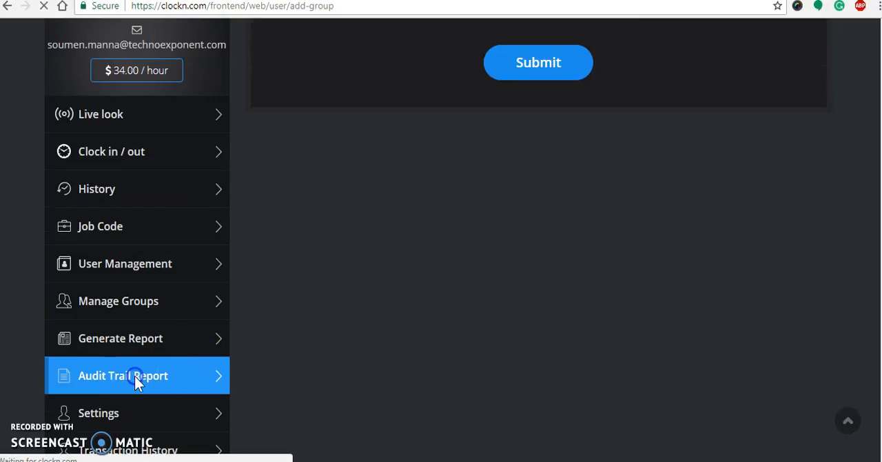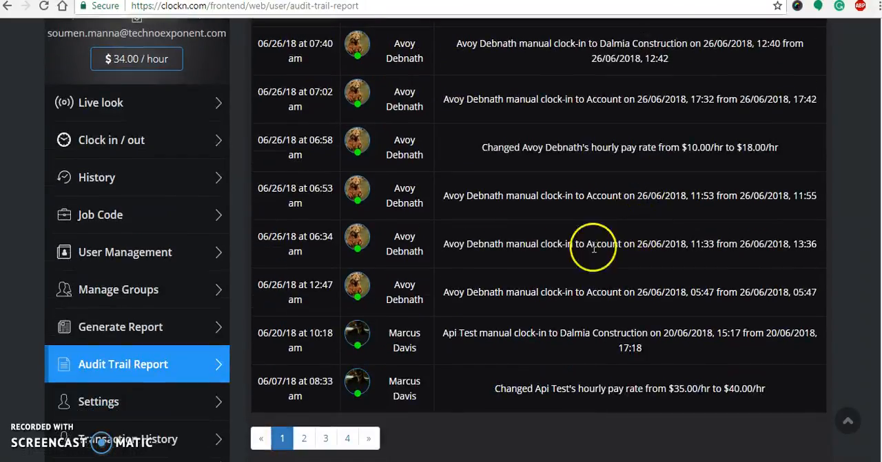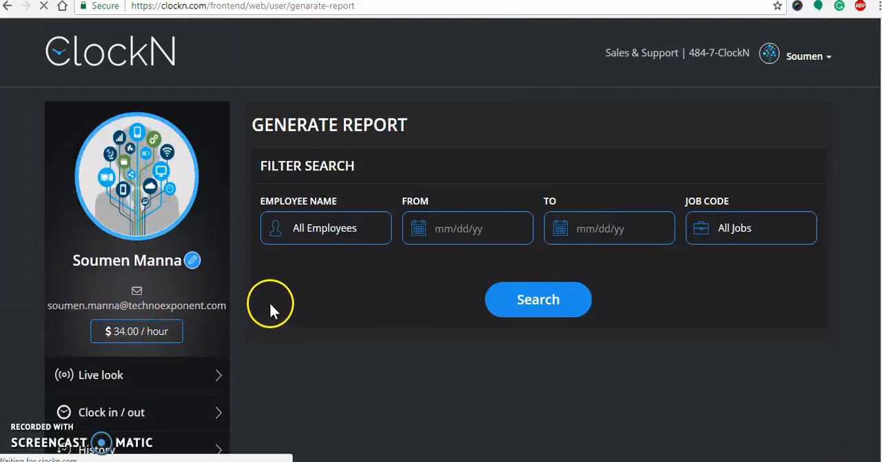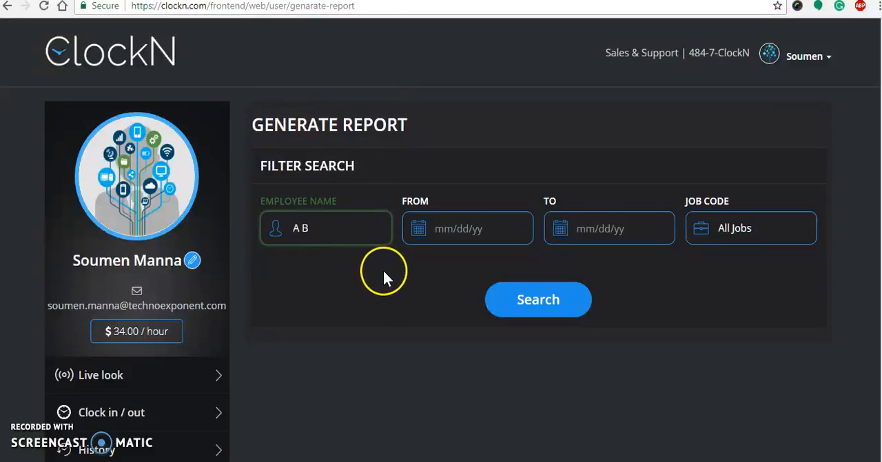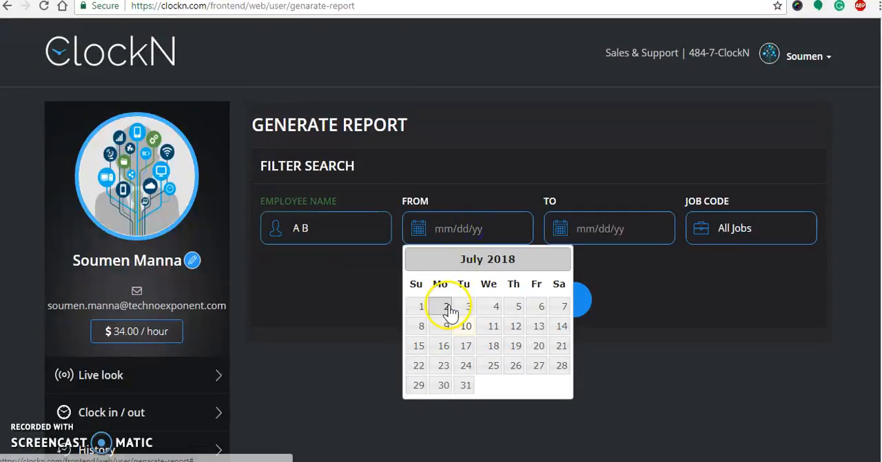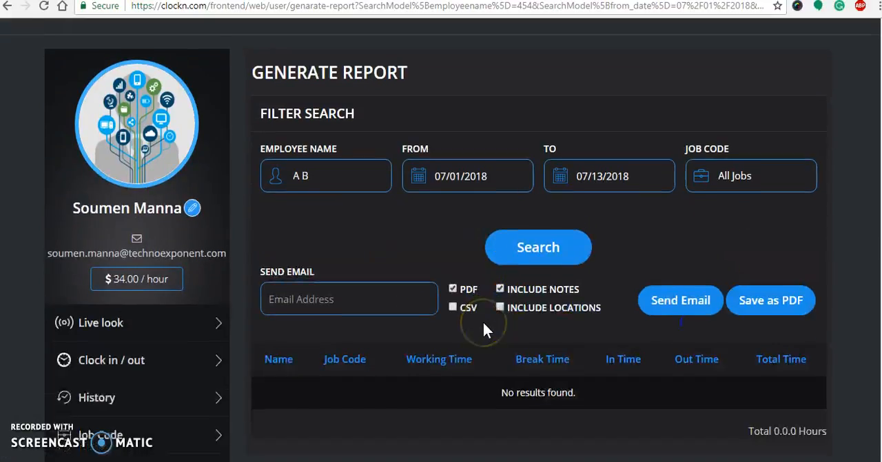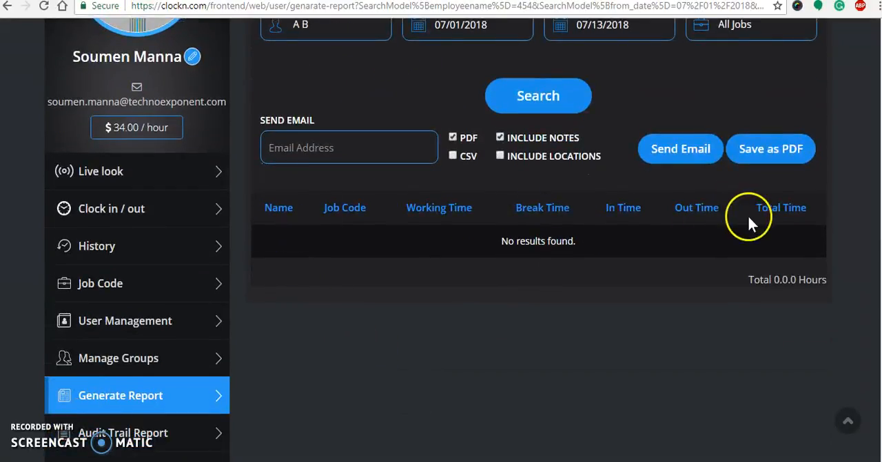Next is the audit trail report section, where the date, user, and the action are given. And this is the generate report option, where all the employees list is given. The user has to select an employee, select the month, the date to and from, and search. Here, since there are no results, it is not displaying, otherwise it would have displayed in this tabular